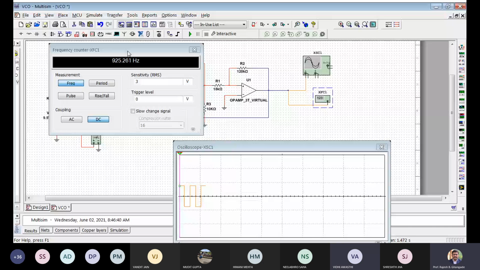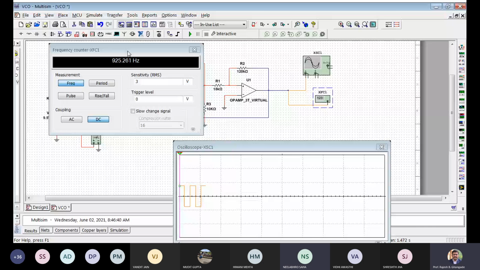So you can see here that the frequency changes. On the lower side, it can go down to 68 hertz, and on the upper side, it can go up to 1 kilohertz, which is as per our range. What was the starting point? We said that the frequency range should be adjustable between 400 hertz and 1 kilohertz. Now, the lower side is still going down, but you can always restrict it with a fixed resistor.